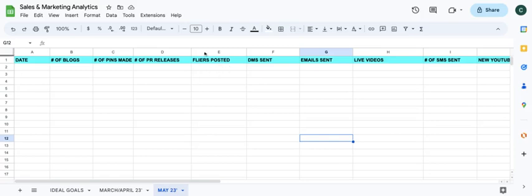Then we have flyers posted. So how many flyers? And of course, with all of these things, this is what you're actually doing, but there's still a strategy to doing it correctly, as far as what to put on the flyer, what to say in the PR, how to strategize the pins, what type of blogs to write, how to make the blogs engaging.